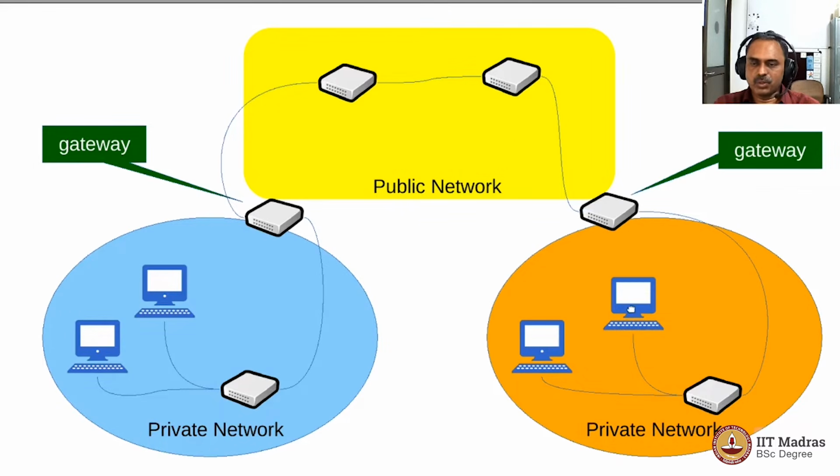And from our home, we would like to access, let us say, a particular website. That website may be sitting in another network of a different campus or organization. For example, sitting at home in your hometown, you want to access the website of IIT Madras. So IIT Madras is this blue private network, let us say, and one of those computers running the web server of IIT Madras would be making its content available through the campus LAN followed by a network switch,